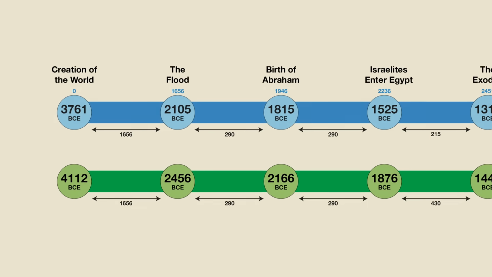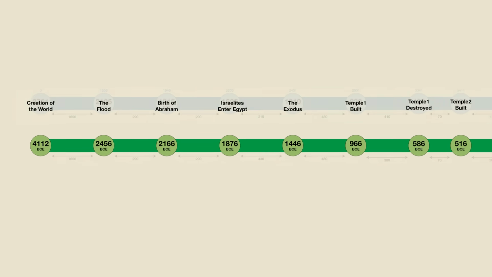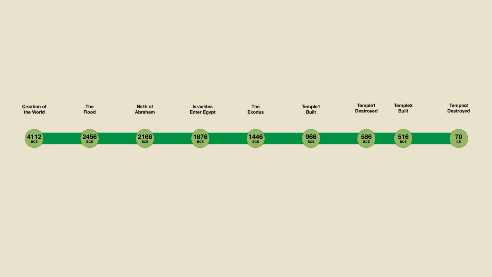Finally, I want to take a look at one last chronology, which is the one that I personally find the most interesting of all. Remember how I said that if we simply add up all the years given in the Bible for each king of Judah's reign, we end up with a date of 1016 BCE for the construction of the First Temple. Well, that would add 50 years to all the other dates, resulting in a creation year of 4162 BCE. Interestingly, this date is exactly